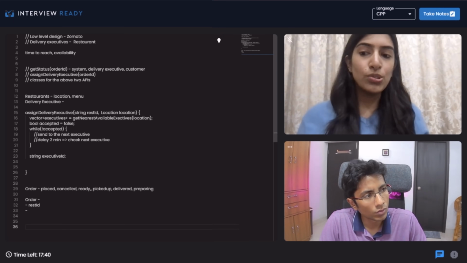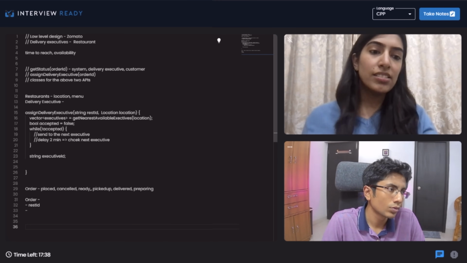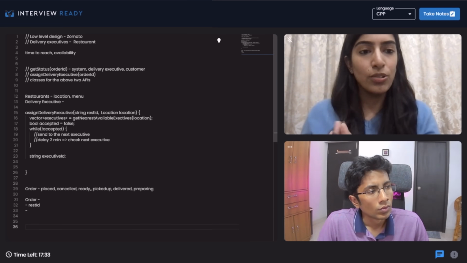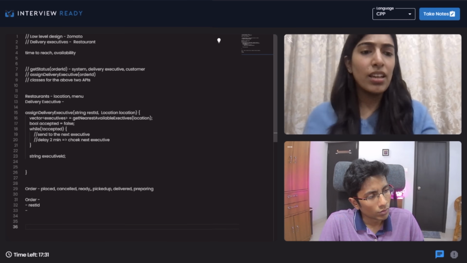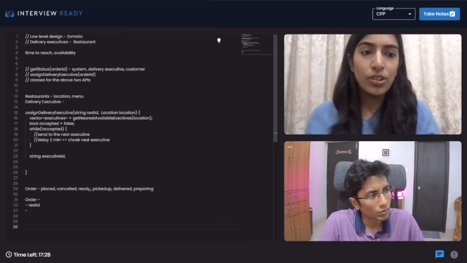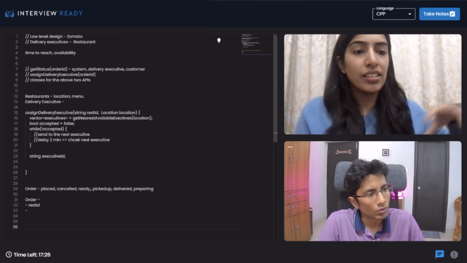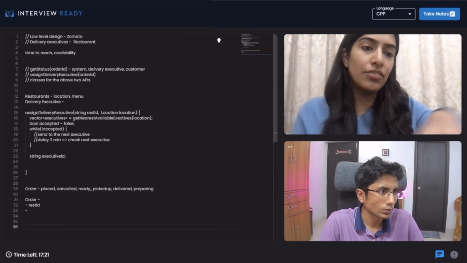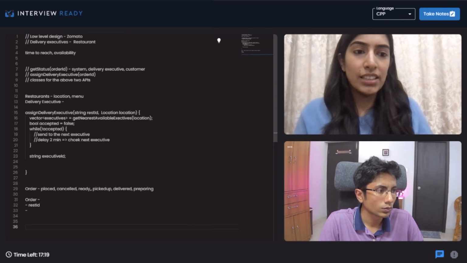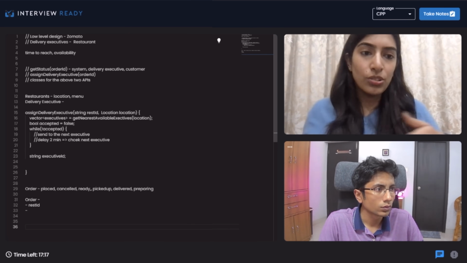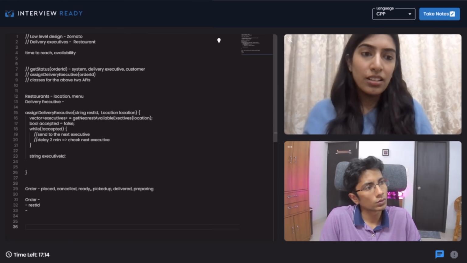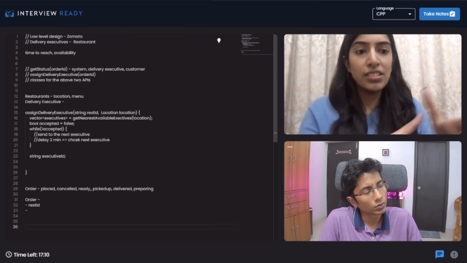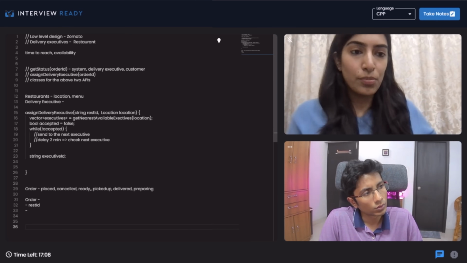So I can choose to store everything in one place, or I can just have details like what all was part of the order, like what was the menu, what was ordered exactly, at what time, and what was the restaurant, and then store separately, and have a different class which takes care of the delivery part. That is like who was the executive, what was the process. So now we could decouple them so that it becomes easier to track when it was placed and what was the process, like when, who took care of the process.